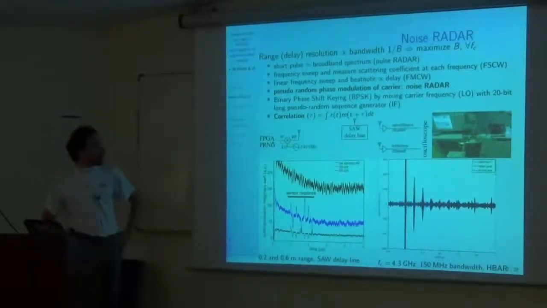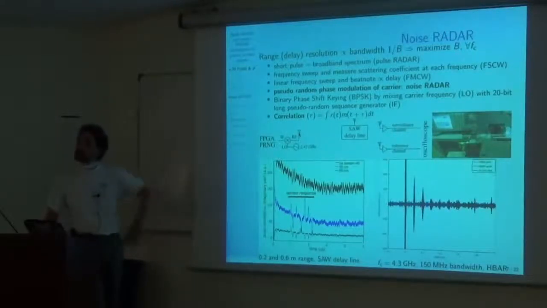So this means if I have here 0, I run 0 phase. If I have here 1, I have 180-degree phase. So a mixer is a BPSK, binary phase shift keying, modulator. So I have my carrier frequency, I have my pseudo-random sequence generator, I send the radio frequency signal, and by